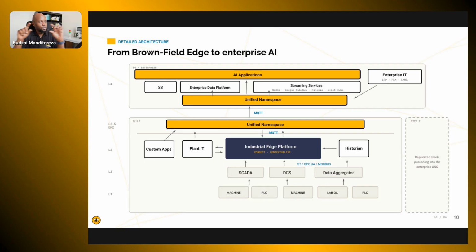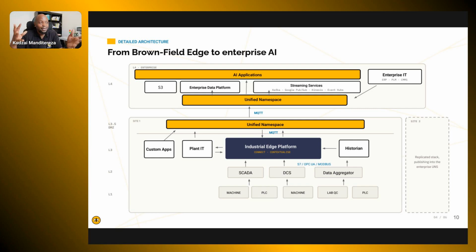Typically you'd want to have that industrial edge platform that does the contextualization and connectivity piece that we spoke about earlier, that connects to your brownfield equipment or even your modern equipment, collects the data, also connects to your plant IT systems, and does that contextualization that we spoke about, whether it's a work order that has been generated,